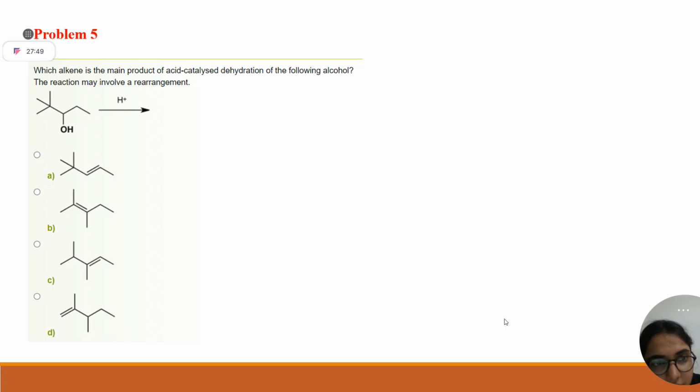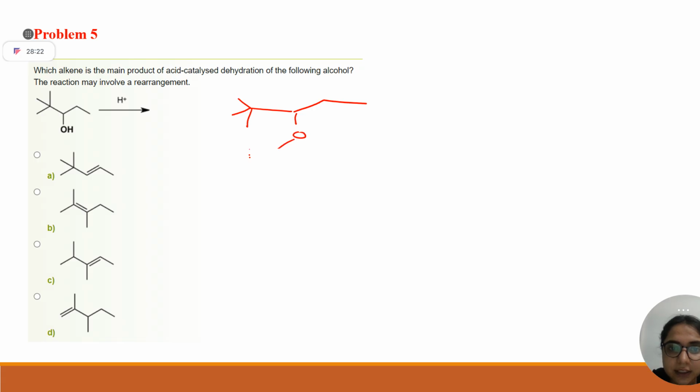Okay, problem number 5: which alkene is the main product of the acid catalyzed dehydration of the following alcohol? In today's slide, what are we covering? Carbocation and named reactions related to it. In everything, you just have to protonate, make it a good leaving group, and do promotion of that carbocation. Means you have to make it more stable, like you are doing with yourself, right? Daily you are going one step up. Similarly, these intermediates are doing.